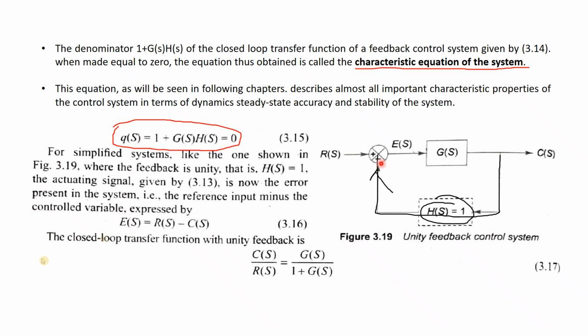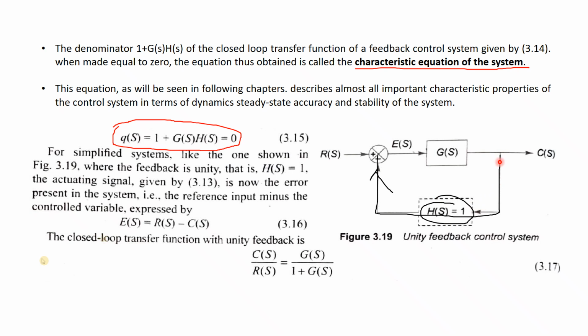But if you are using an electrical circuit where your output is voltage and you want to take that voltage as a reference for feedback, then you will directly take that voltage. You don't have to convert that voltage into some equivalent other voltage, because the output is itself a feedback. So in that case, H(s) will be 1. Obviously, if the output is voltage and your feedback is also voltage, you will connect the output signal over here. You don't have to use a converter. So the feedback transfer function will be 1, and it is called unity feedback.